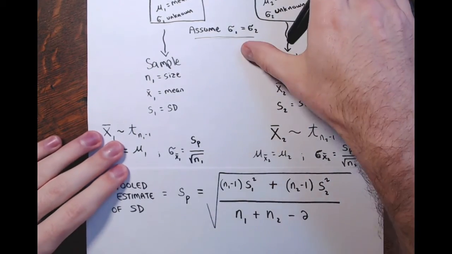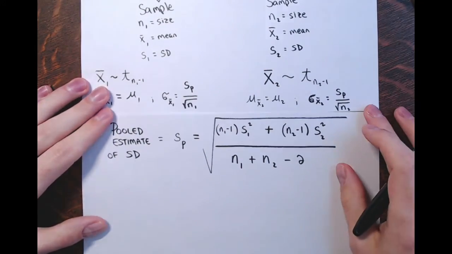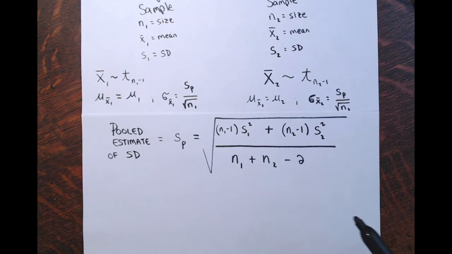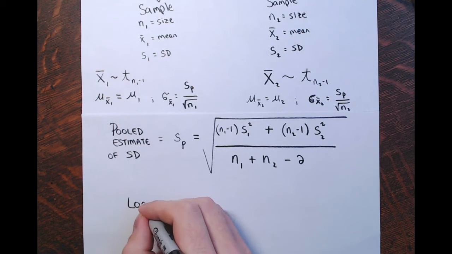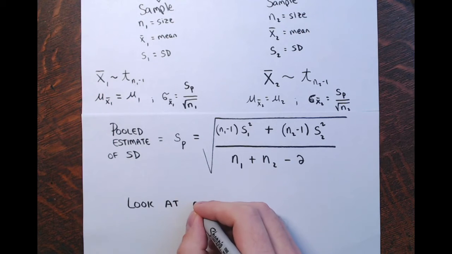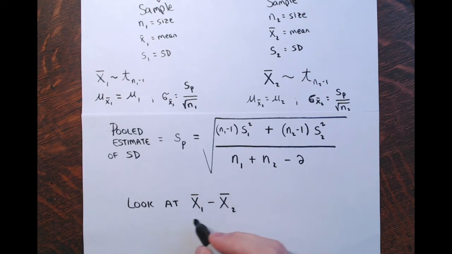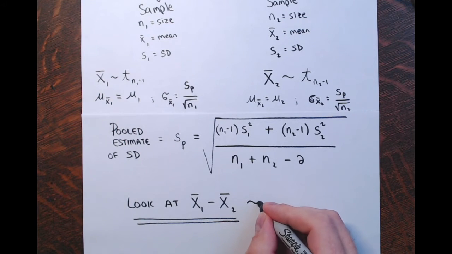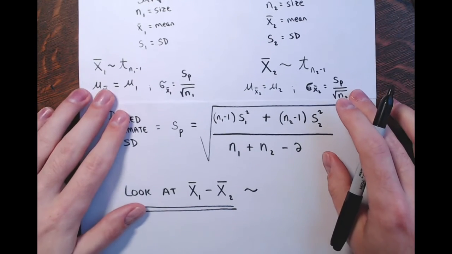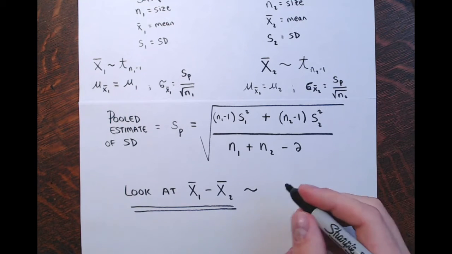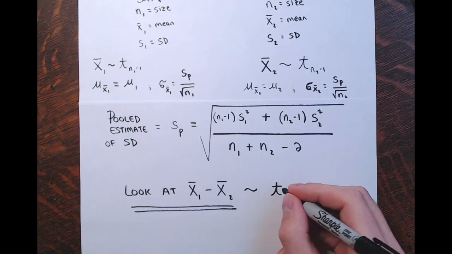All right. And then from here we look at, all right, what's the difference between these sample means? And you saw this in the first scenario as well, the non-pooled scenario. Now we're going to look at the distribution of x1 bars minus x2 bars. And in this pooled scenario, the distribution of all the x1 bars minus x2 bars will be a student's t distribution